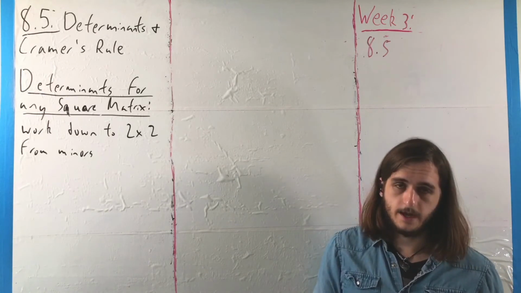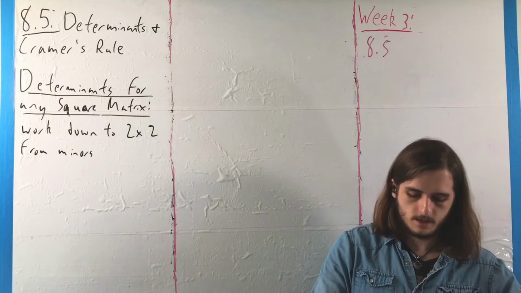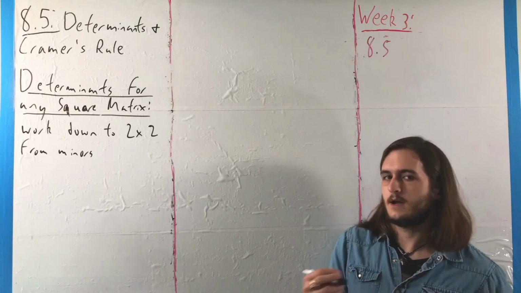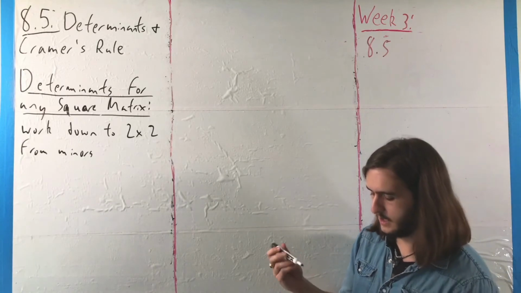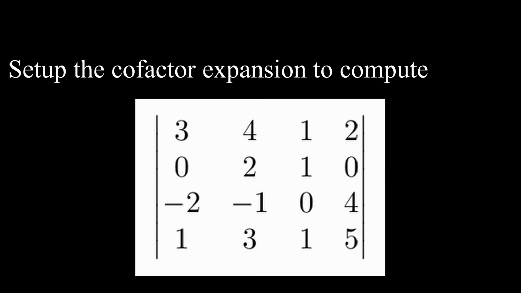The main thing we're just going to have to look at here is how we can understand the process in terms of developing that recursion a step further. That is, set up what sort of minors we'd want to look at. So for example, if we want to look at the cofactor expansion for something like the 4x4 determinant 3, 4, 1, 2, 0, 2, 1, 0, negative 2, negative 1, 0, 4, 1, 3, 1, 5,